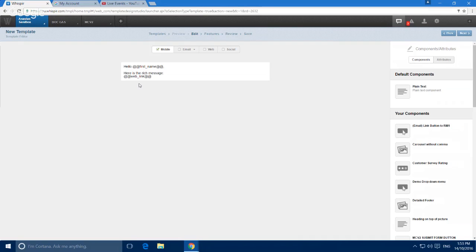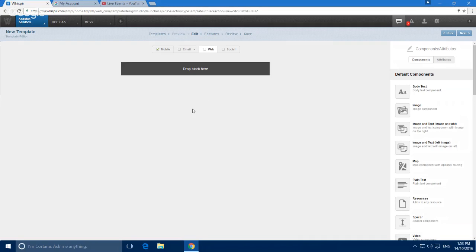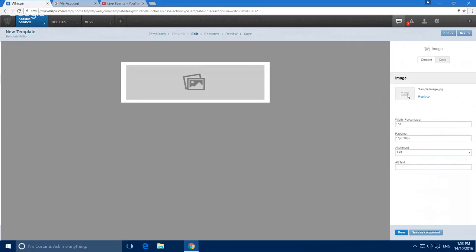So that add at web link will redirect people to the web screen, which is where we create the rich message, okay? So in here, we got a lot more options. You can see here, we got a lot more components, because in the web, it's like creating a web page. You can have images, you can have videos, you can have things that move and flash and music and everything, right? Anything that you can basically do in a web page, you can do in a rich message. So let's add some stuff. I can drag an image. I can edit that image and I can replace it with